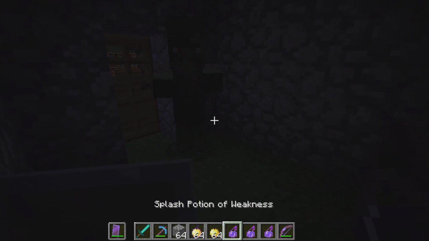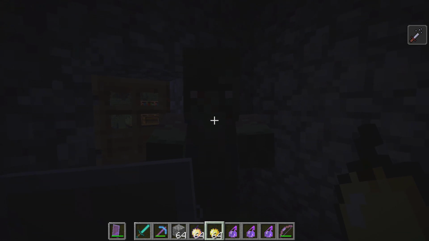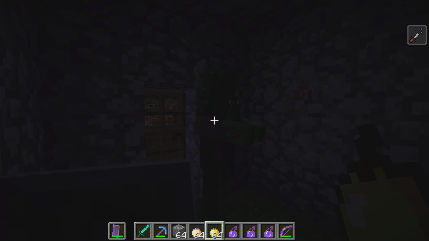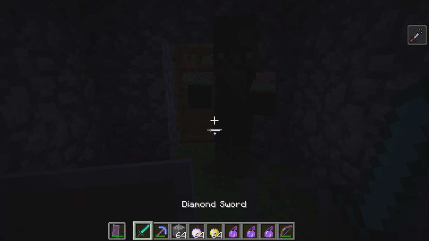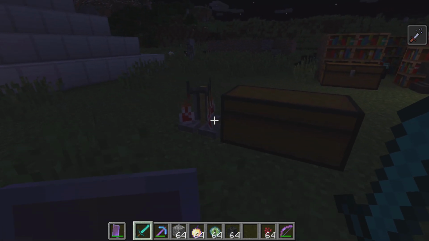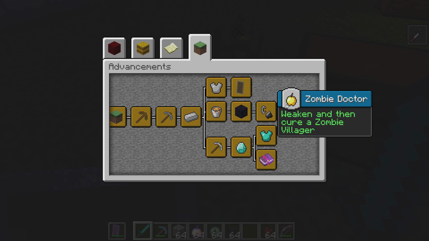So then have a splash potion of weakness and hit it. Now it's emitting bubbles. And feed it the golden apple. Now it's emitting red bubbles, and that means that it is currently changing back into a villager. And this can take a few minutes. So while we're waiting for that to work, in the advancements,